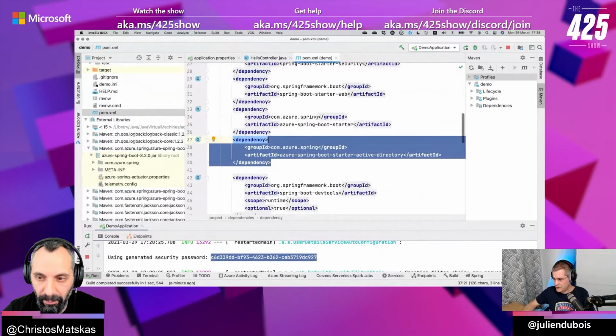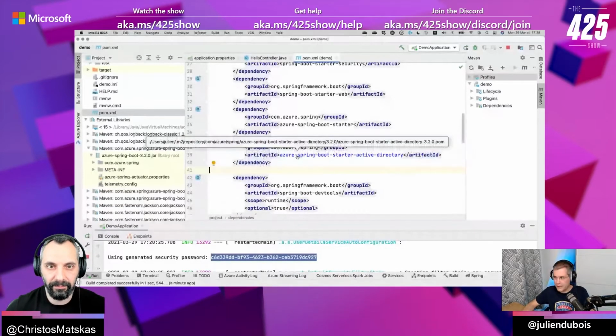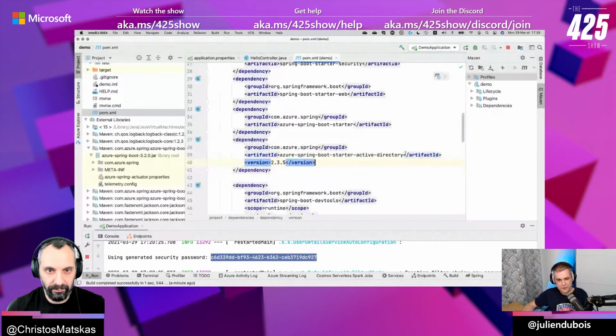Hang on, let me just check the version, because I remember I forced the version on my app. You need to pin it to a specific version, right? I'm not having the same version in my app, so I'm going to pin it. I'm downgrading the version. I'm not sure why I did it.